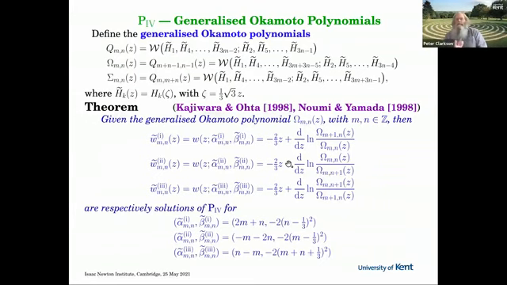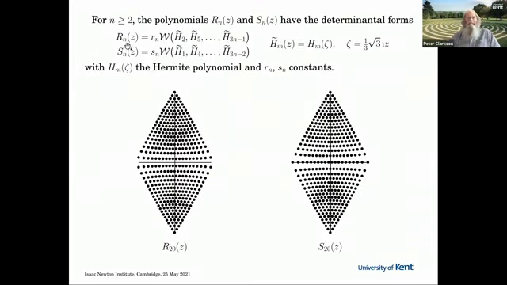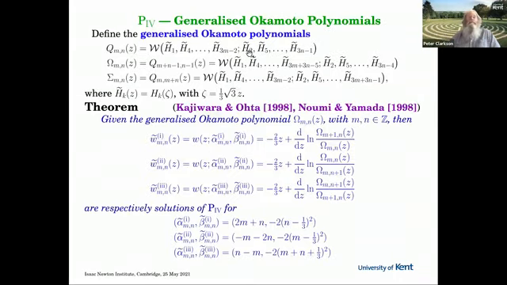So from then, it was possible to generalize these to create what are now known as the generalized Okamoto polynomials. So if we define Q_mn, remember that for R_n, every third one started with H2, and S_n every third one started with H1. So if you now combine that,